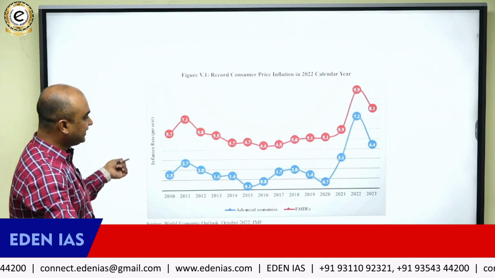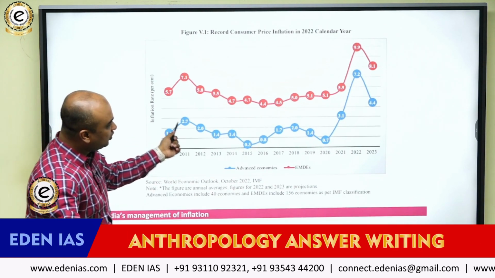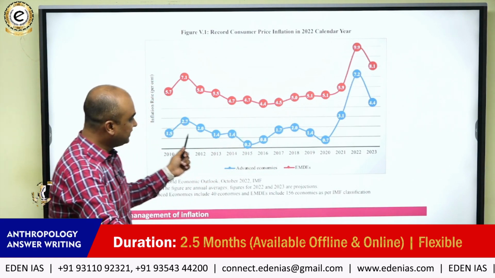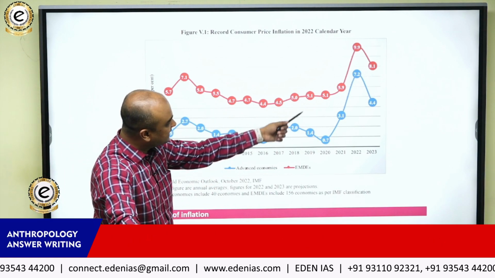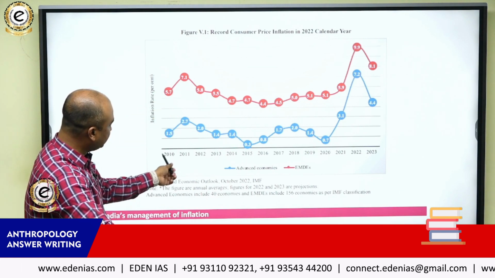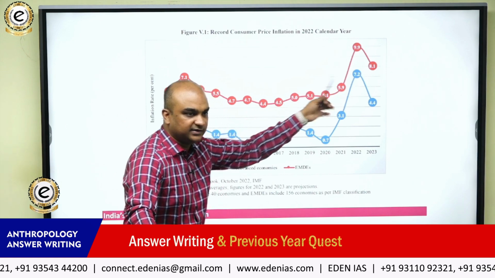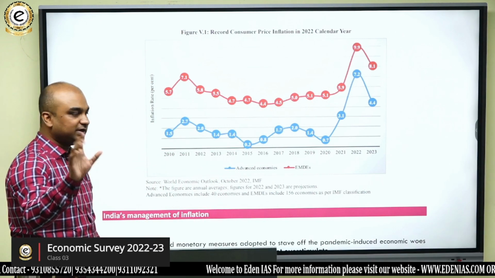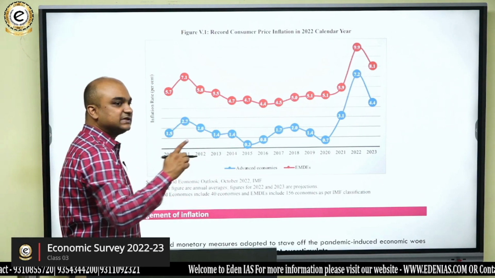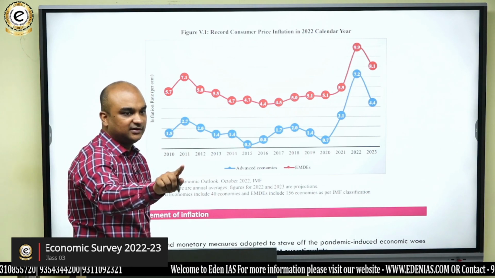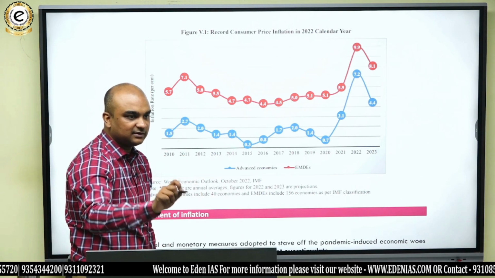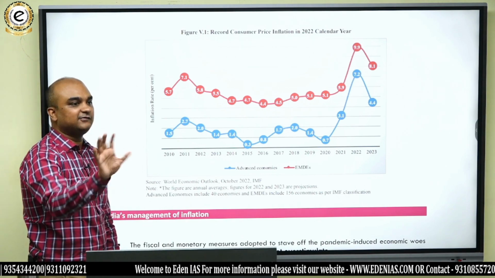तो ये दिखा रहा है, एक ट्रेंड दिखा रहा है. The blue is for the advanced economies, whereas the red one is for emerging markets and developing economies. How across the years from 2010 to 2023, how inflation has moved in these economies. तो ट्रेंड आपको ये याद रखना है that emerging markets में generally rate of inflation ज्यादा होता है advanced economies से. Do you understand that? Because they face what kind of inflation? Retail and food mostly.